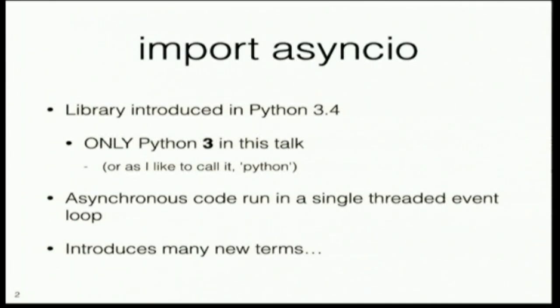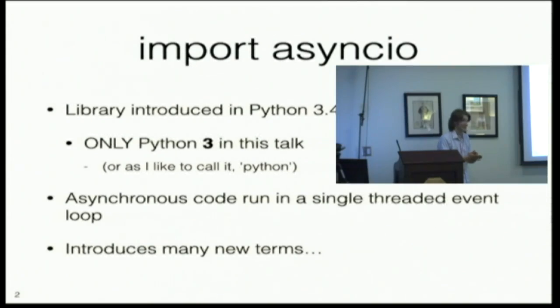Let's just jump right in. My goal here is not to tell you what asyncio is or why you would want to use it, but rather how you use it, okay? I will say that it was introduced in Python 3.4, and so I'm only going to be talking about Python 3 in this talk. Python added an asynchronous library, and that's called asyncio,